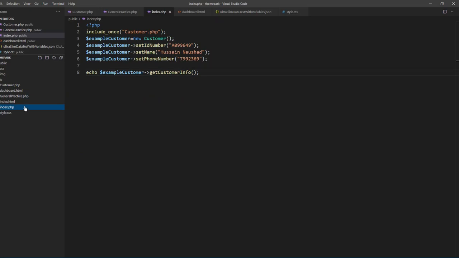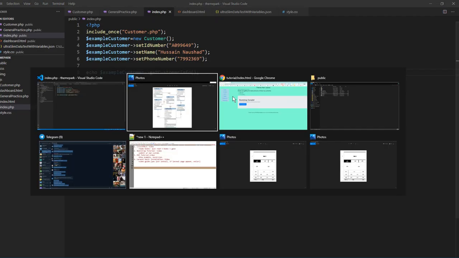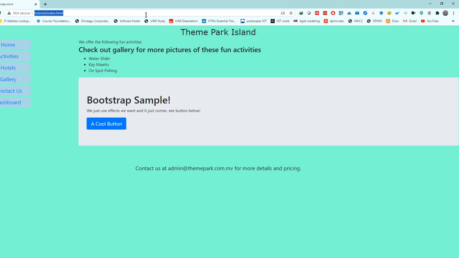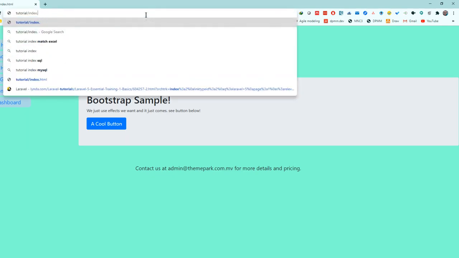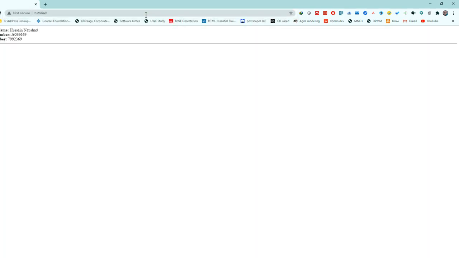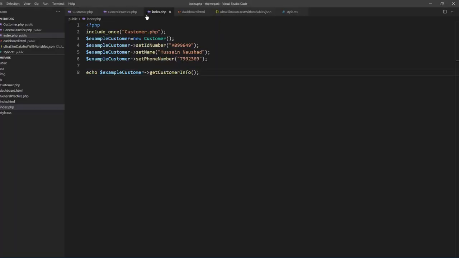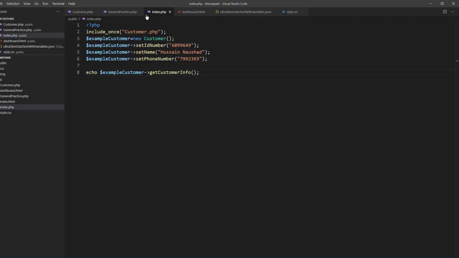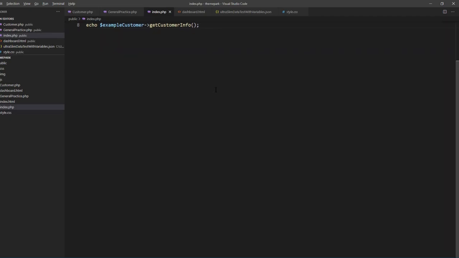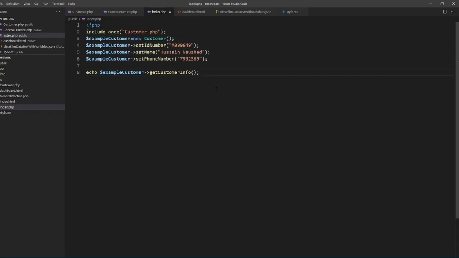So index.php is the page where you will land by default when you come to a site. For example, when I entered tutorial like this, it automatically went into index.php, not index.html. Because if there's a PHP page, it will go into the PHP page. Dynamic web design is like that. Apache will take you into the PHP page. Okay, so you have this file here, and you should understand by looking at this file, what